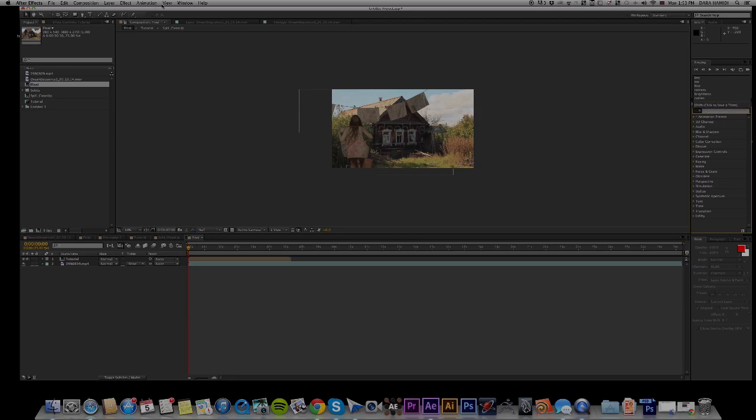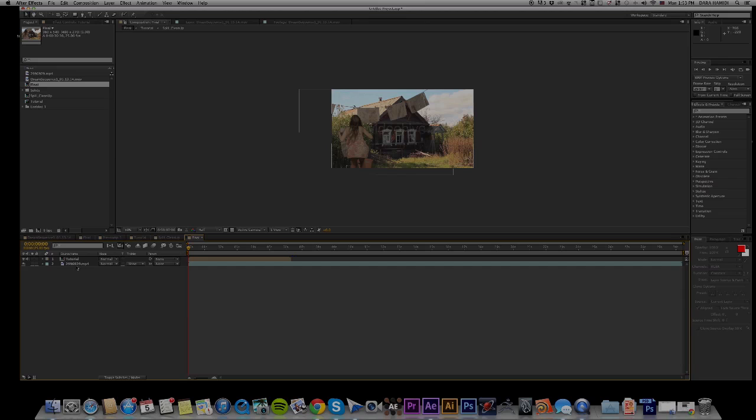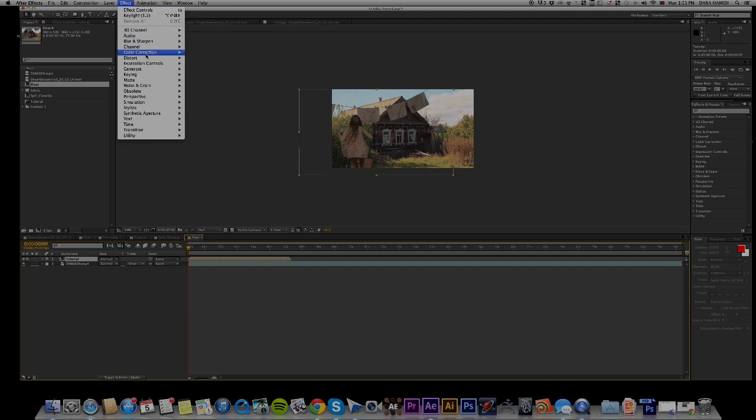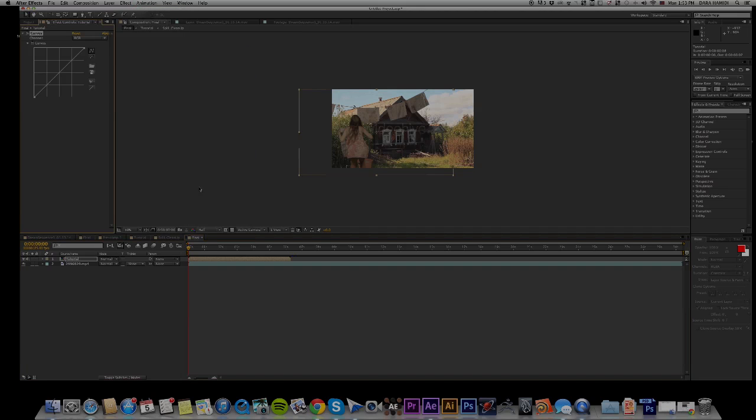Let's just go up here. Let's choose our video and go up to effects, color correction, curves, and here you can basically change the amount of the color here,